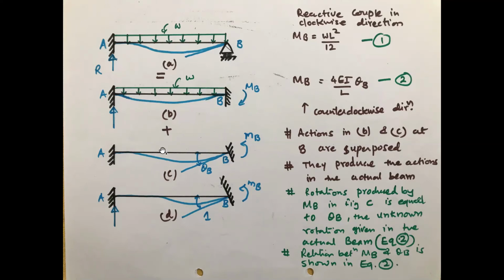Now what is the difference? This is the second step. Just like in the superposition method, first we calculated the moment because of the external load, and I am calling that the fixed end moment. A very important terminology I am going to use now is this: the structure which is made kinematically determinate is called the restrained structure. Restrained.